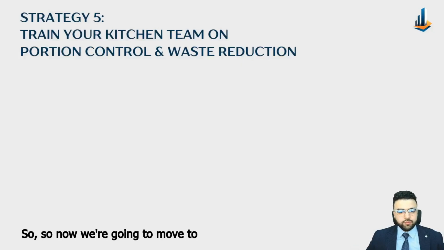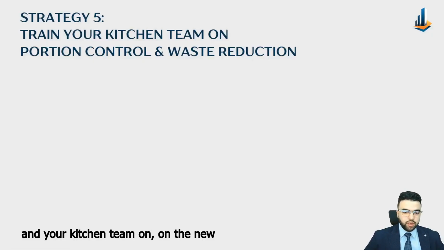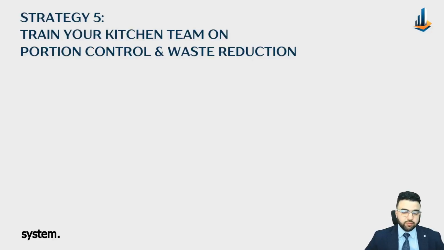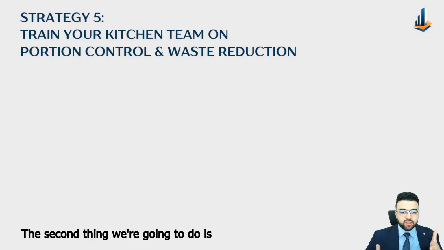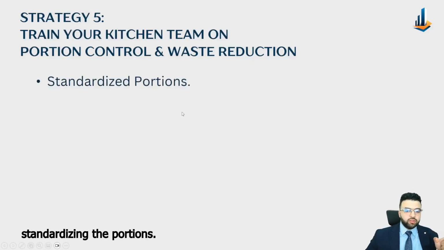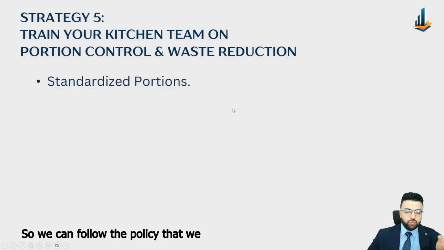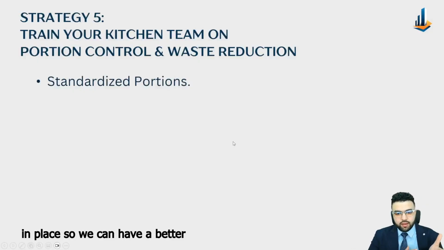Okay, so now we're going to move to point number 5, which is training your staff and your kitchen team on the new system. So now we have a system in place. We streamlined our menu. We standardized our costing. The second thing we're going to do is train our team. The first thing is standardizing the portions, so we can follow the policy that we set. We can follow the standard costing that we set in place,